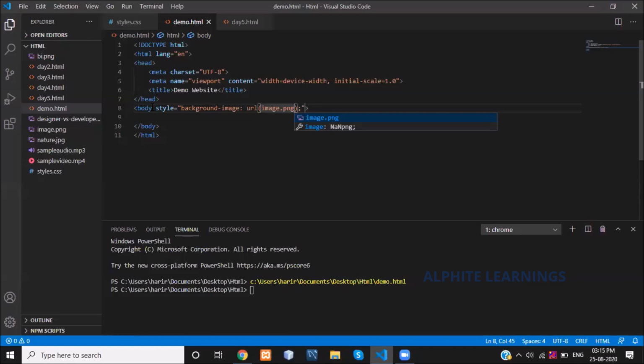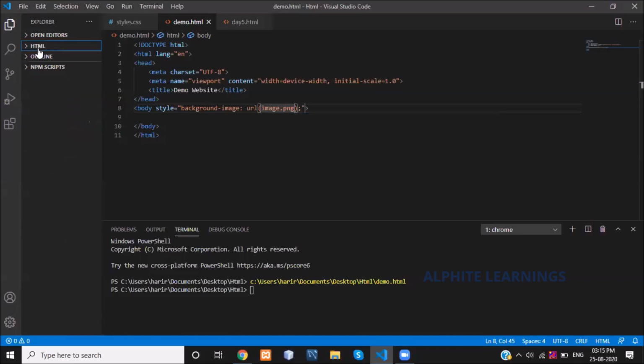The main thing is that the file should be in the folder you are accessing. I'm accessing the HTML folder which I created on my desktop on day 2, right?